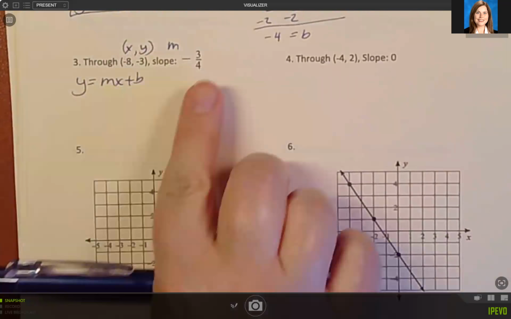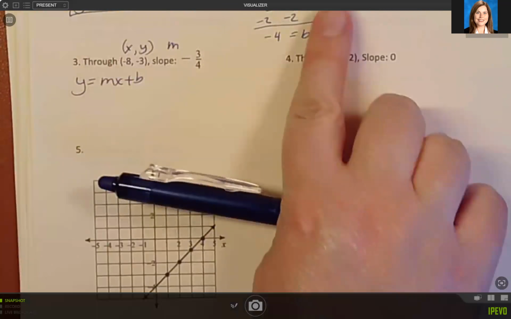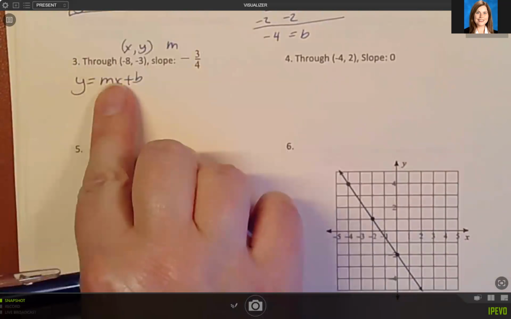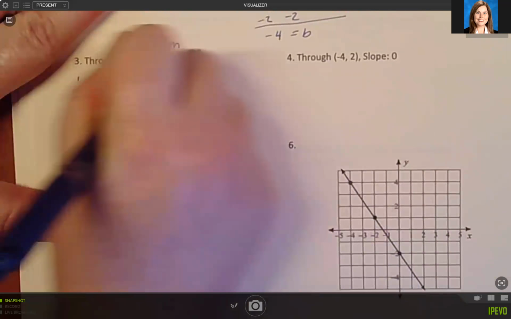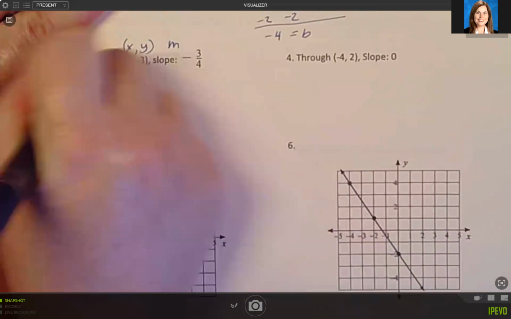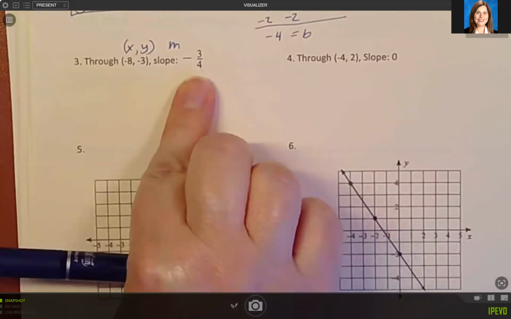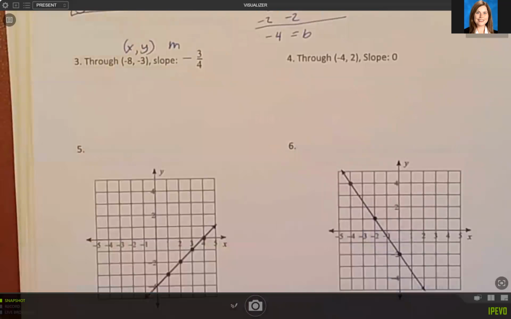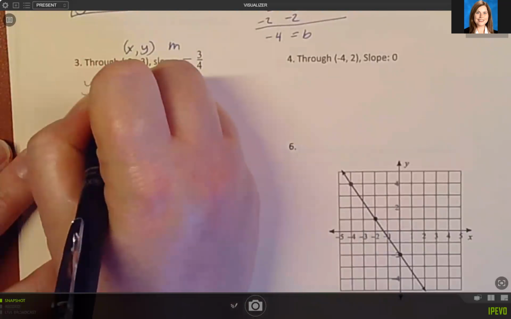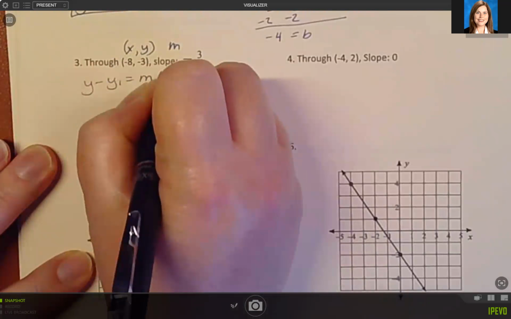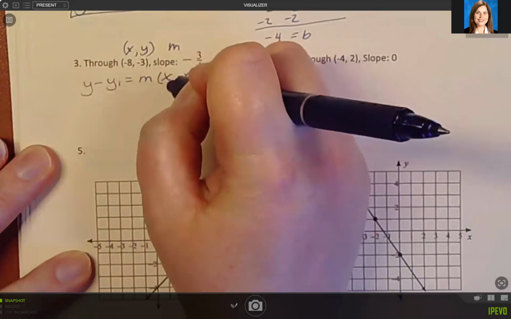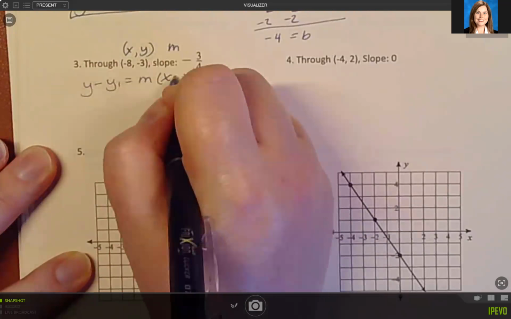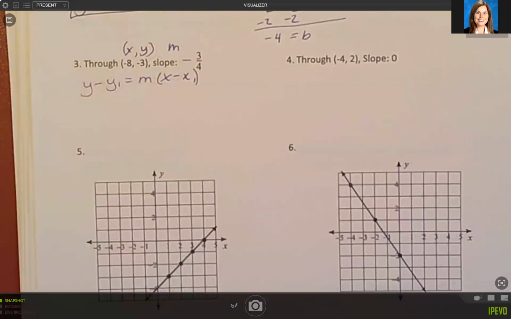let's go ahead for this one, we use point slope intercept form, excuse me. So for this one, let's use point slope form. So we're practicing with both, and point slope form actually makes a little more sense because we're given the point and the slope for this one. Either method will work though. So whatever you're most comfortable with. Okay, so point slope form of a line is y minus y sub 1 equals m times the quantity x